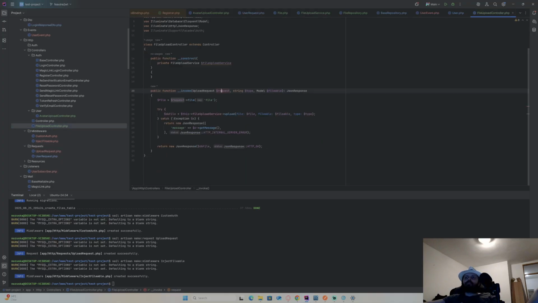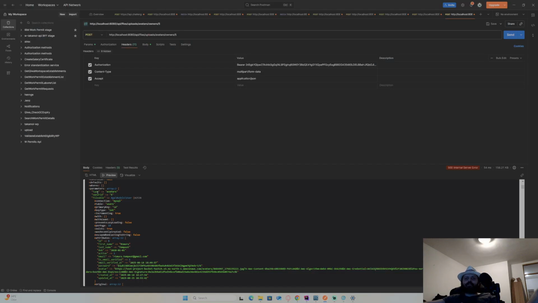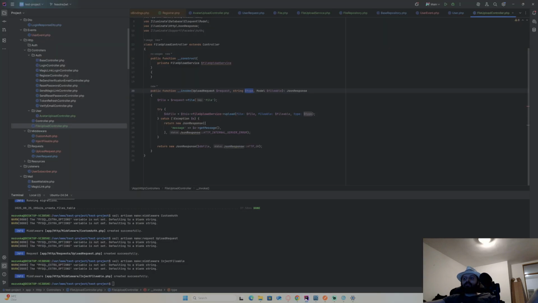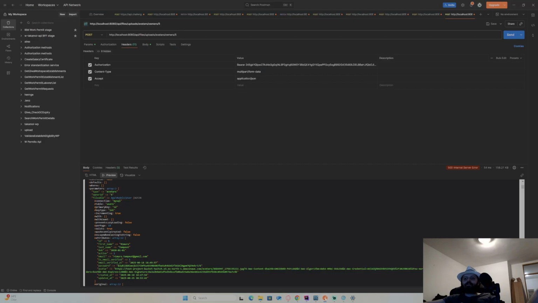So you're injecting request, it's fine. You're injecting type, which is in parameters. That one is this one. Owner ID is not, and fileable is in parameters. It's not in parameters before I go here. Maybe that's what's confusing you, because it's in parameters here. If I do it, send it, this is 1, this is 2, this is this integer here. Maybe that's what's confusing you.